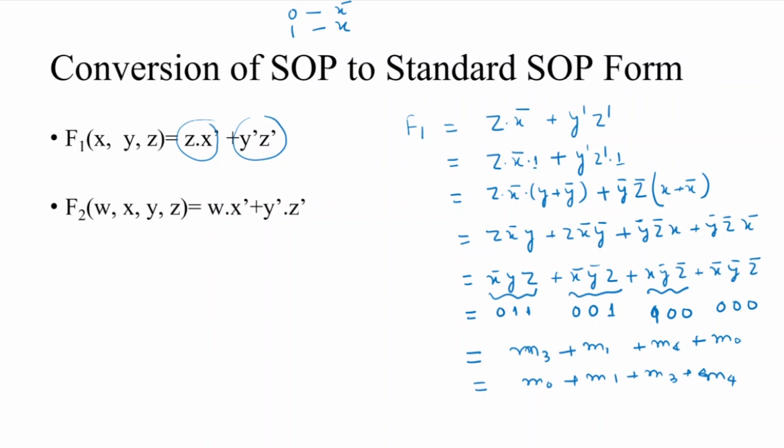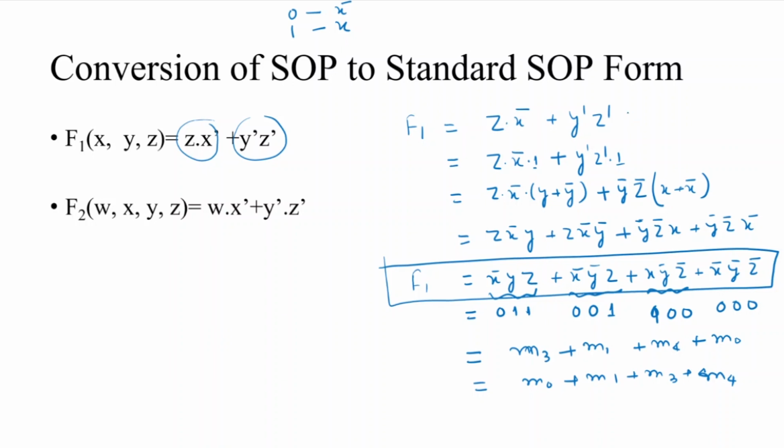In these particular terms, the value of the function f1 is equal to 1, and for the rest of the minterms which are not present here, the value of the function is 0. We see that all the minterms are connected through an OR gate, or ORed together, which means the function is in pure SOP form. Each and every term contains all the literals, so this function is in standard SOP form.